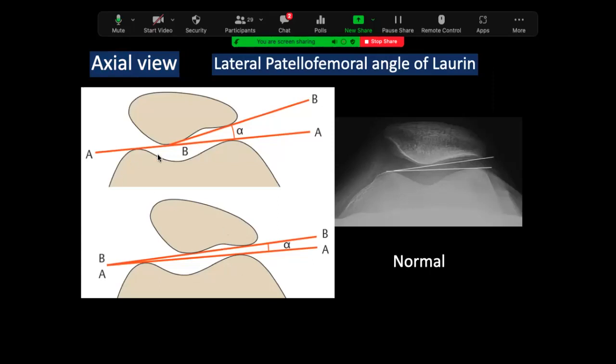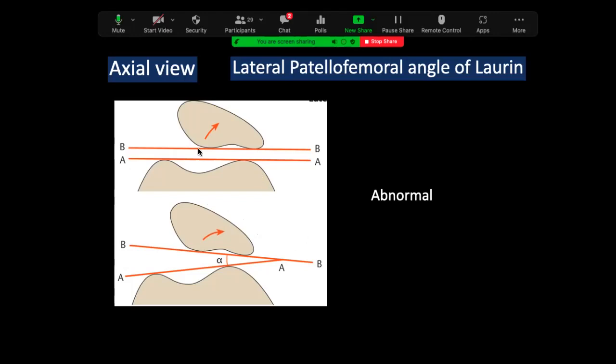Here we can draw a reference line joining these two condyles. One is this line, and another line from the lateral facet, this line, and this angle should diverge. This should be a divergent angle at the lateral side. Here we can see this angle is divergent at the lateral side, and this is the normal lateral patellofemoral angle. And if these lines are parallel, or if they converge at the lateral side, then